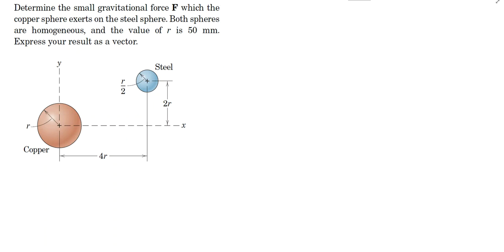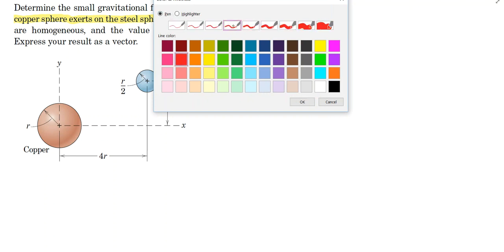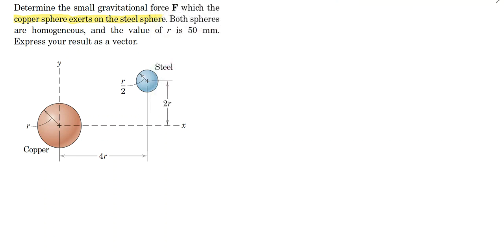All right, this problem asks us to determine the small gravitational force F which the copper sphere exerts on the steel sphere. Both of the spheres are homogeneous, and we know that the value of R is 50 millimeters, and then express our result as a vector. So we have copper and steel, and if we think about the force that would be experienced, we could sketch that